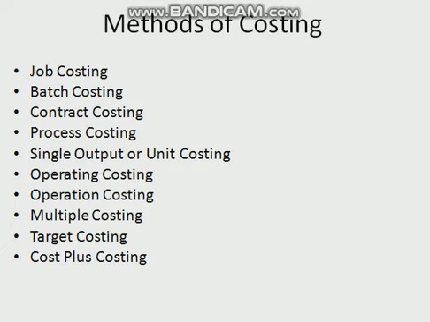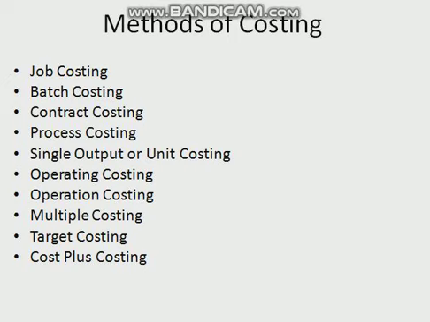The next method is target costing. Target costing is used in government departments where anything is to be built, like buildings, bridges, dams, etc. Then their cost is ascertained and profit is added to it. Then we have cost plus costing. Cost plus is used where there is no time for ascertaining the cost separately. So it is agreed that whatever will be the cost, a certain percentage of profit is added to that cost calculated after doing the work.